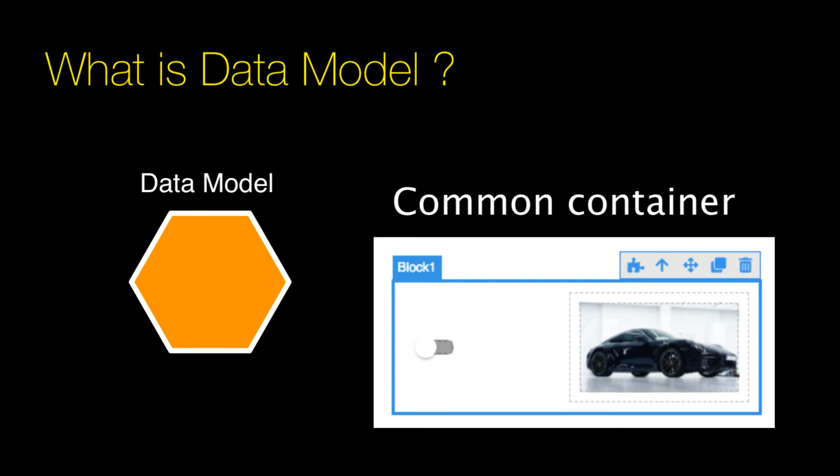You could accomplish exactly the same thing by placing components directly on the page without having some other specialized common container. In other words, you do not necessarily have to use blocks or containers. You could literally place the toggle and the image on the page and still use data binding, because the page itself provides the data model object in which you can set your own data binding properties.